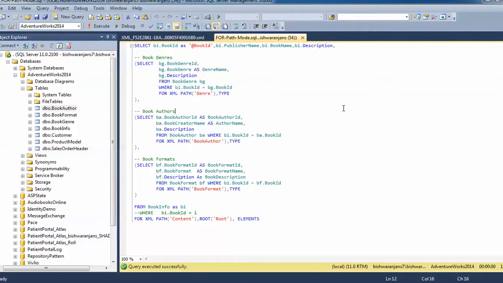So any doubt till yet? Any questions, suggestions? Clear, right? Pretty much clear. Okay. So then